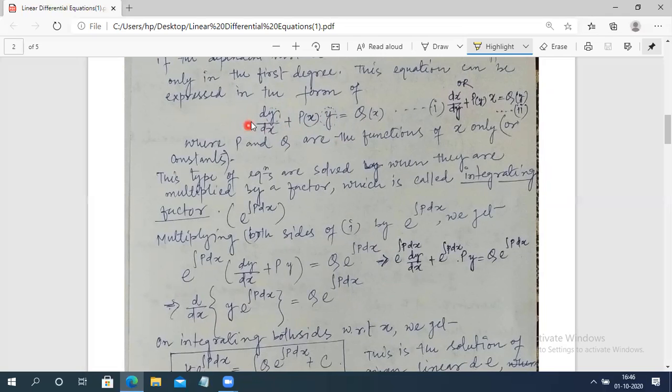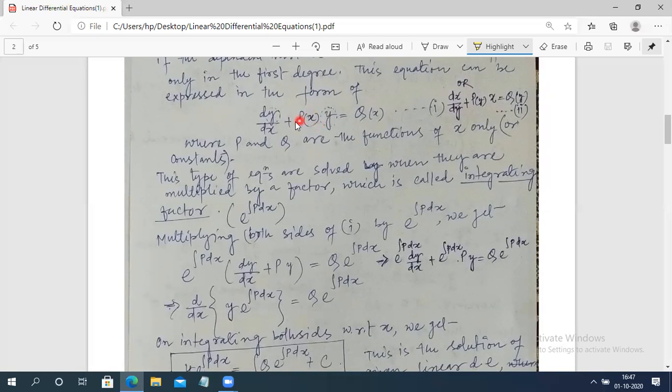Suppose there is x square multiplied with dy by dx, then you have to bring this dy by dx coefficient to 1. If there is x multiplied with this, you have to divide the whole equation by x. Okay. And in case of linear differential equation, one more thing is very important, that there will be